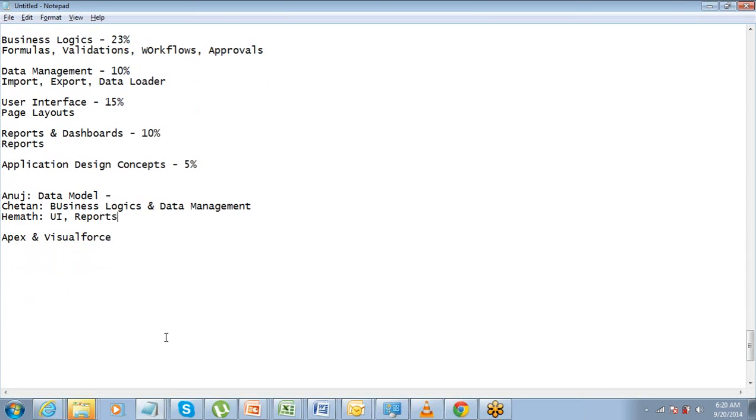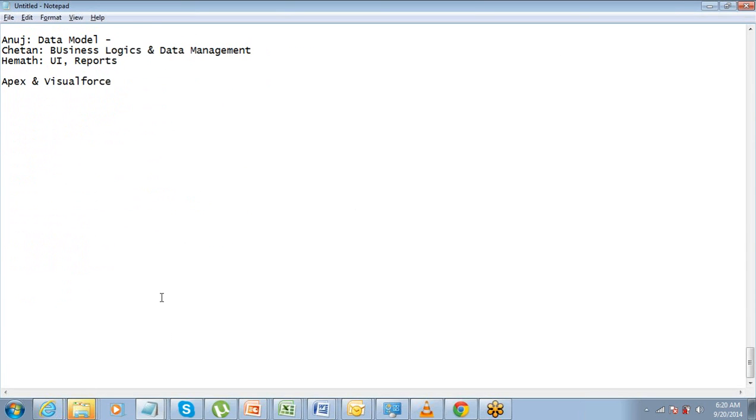One thing is done. Now let's get into our next topic, which is going to be Visualforce. Before I get into Visualforce, let me just give you a little overview of what we are going to do from here. So far, whatever we have done, we have learned the declarative development.